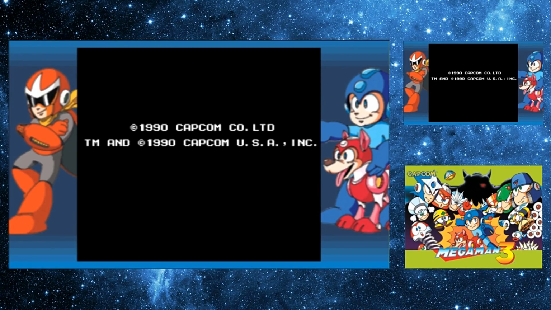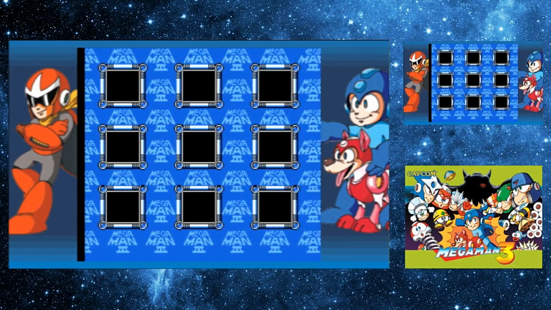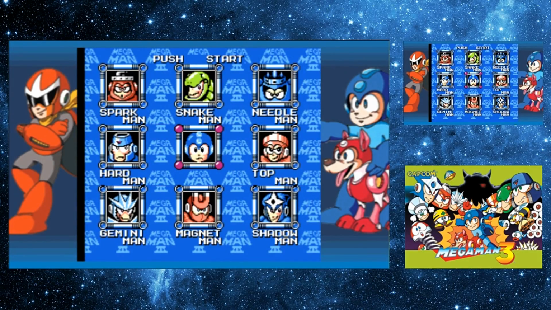And let's start with Mega Man 3. Not much else to say there. I don't know the weakness cycles, and why is there a black bar on the other side of this? I don't know, so